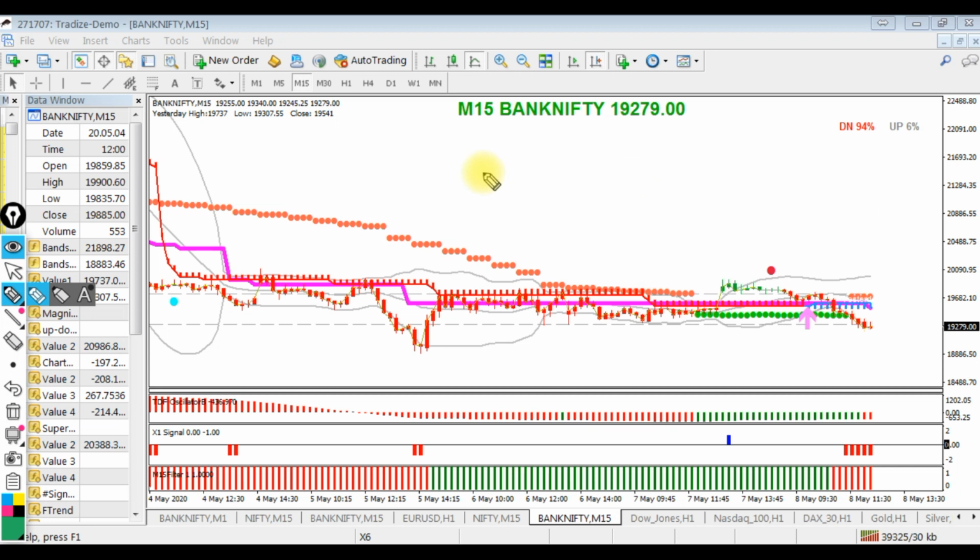This is Bank Nifty futures chart, 15 minutes time frame. You can trade any time frame from 1 minute to daily or weekly. 15 minutes time frame is useful both for intraday and swing trading. That is the reason it is our preferred time frame. So we have been showing even 1 minute chart also in many other videos. Even today I will show you 1 minute chart, but generally we prefer 15 minutes time frame for both